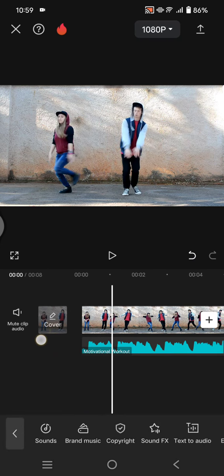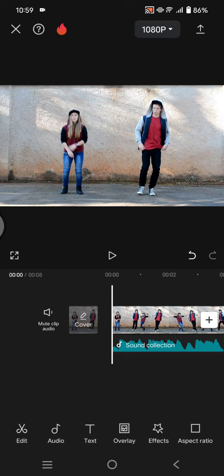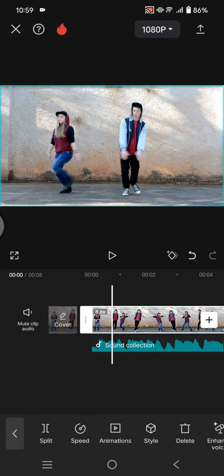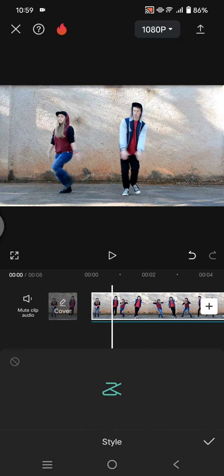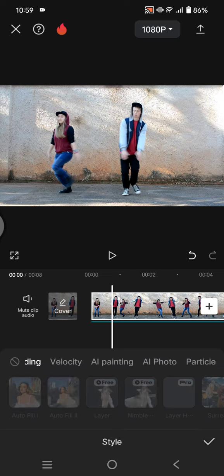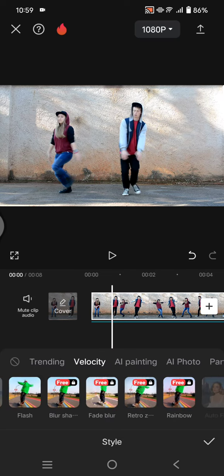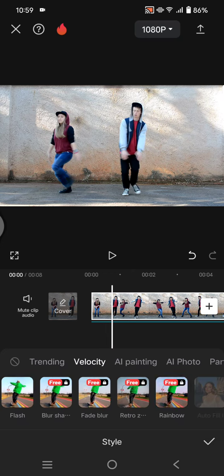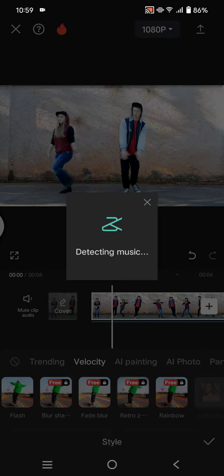into CapCut like this. And after that, let's click on the video, go to style, then here click on the velocity tab, and you'll easily spot the retro zoom velocity. So just click on this and CapCut will first detect the music, and after that it will apply the velocity